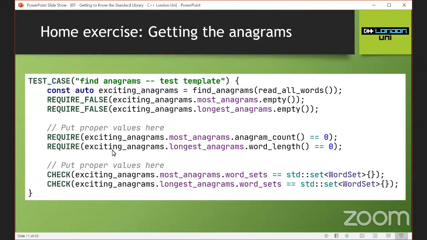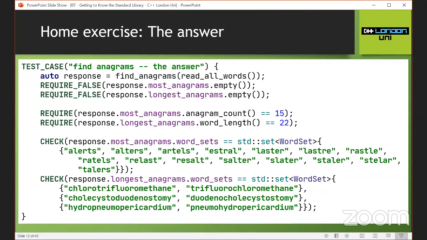And here I'm going to give you the answer, the answer which I found. So the largest anagram set, and apparently there is only one, has 15 anagrams, and it's like alert, alters, arters, astral, luster. I'm not going to finish it, but yeah, not the most useful knowledge in the world, but still